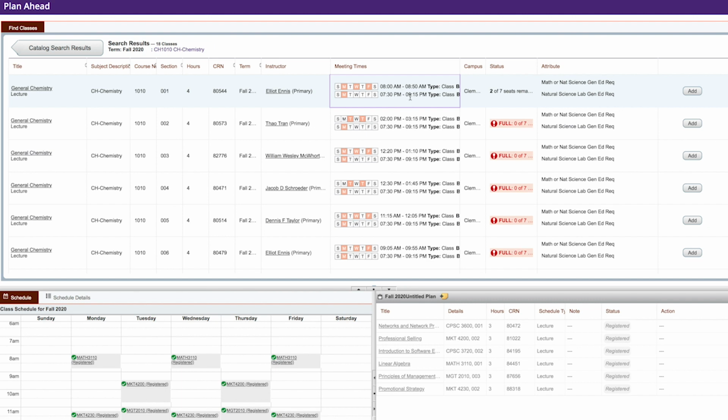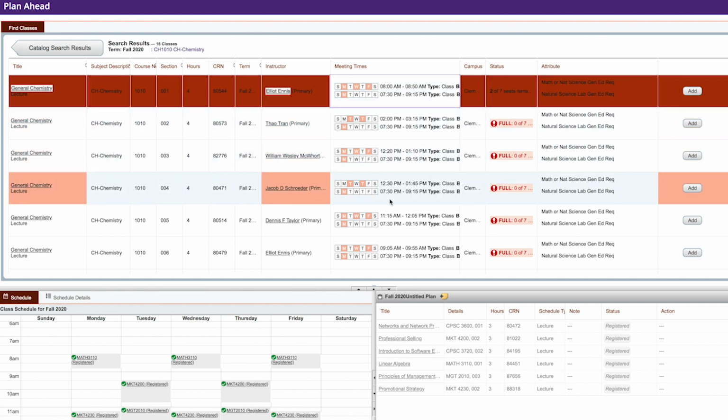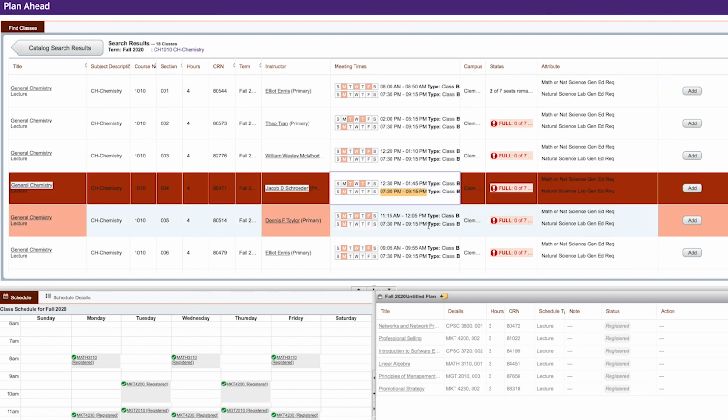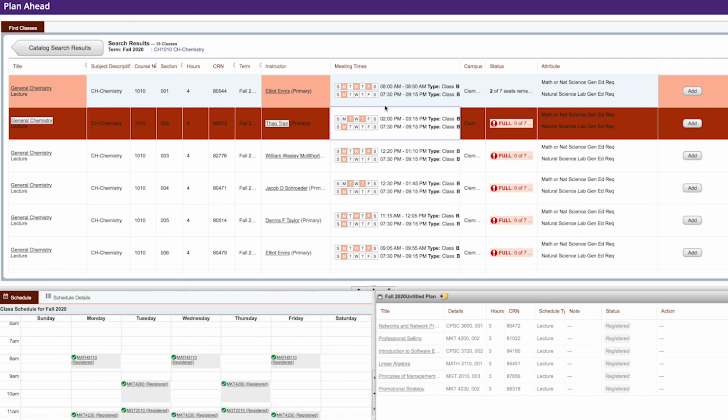If you notice, no matter which section of Chemistry 1010 we look at, that common testing time is the same, no matter what. So it doesn't matter which section you take, you're not going to get out of that evening testing time. Alright. Now you might be tempted to hit add here because you like this section of general chemistry, but I